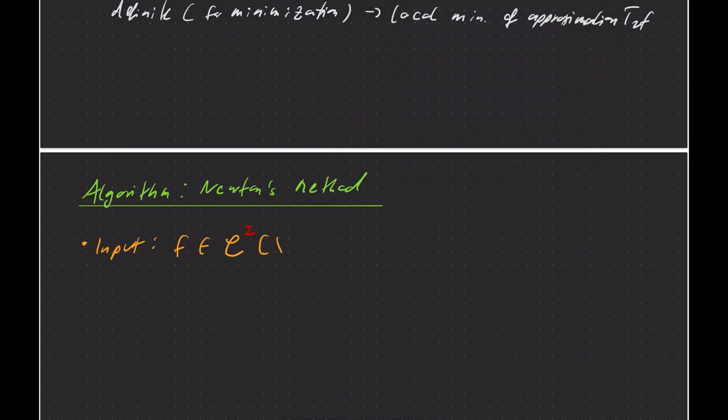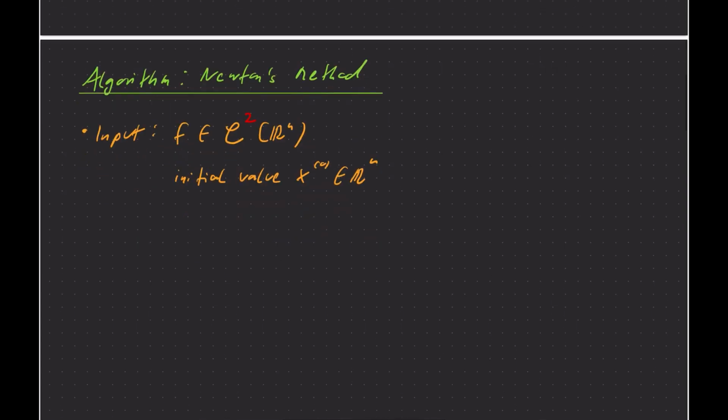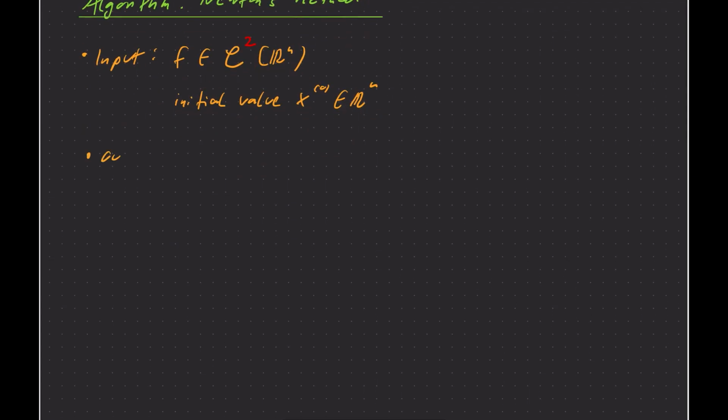And of course we want to do that on R to the n. And again, we need an initial value x0, which is just some point in R to the n that we start with. And the expected output is either a value x star that approximates a local minimizer of f,